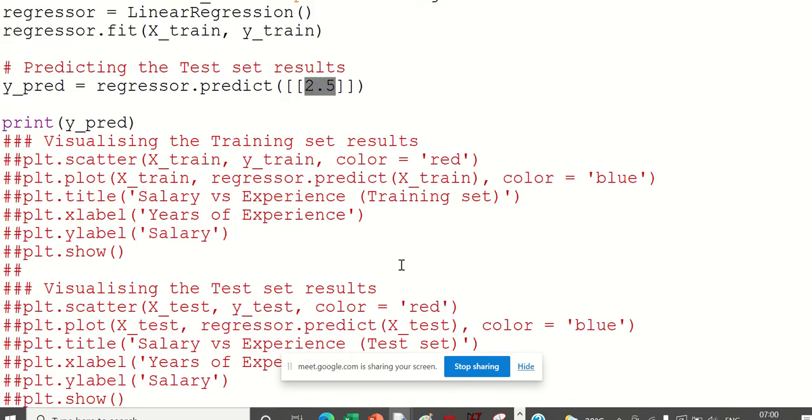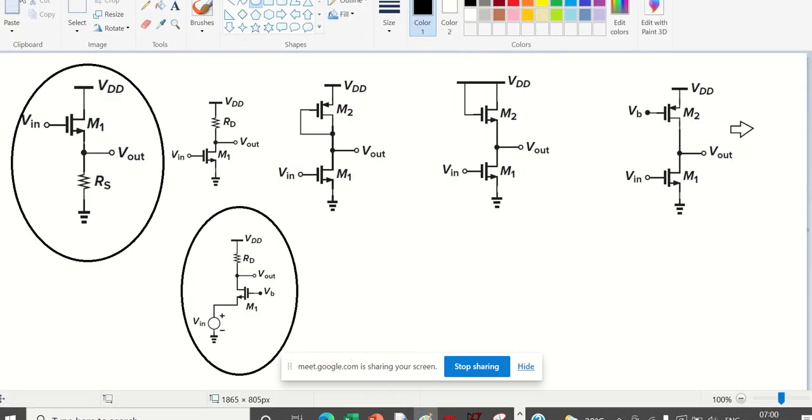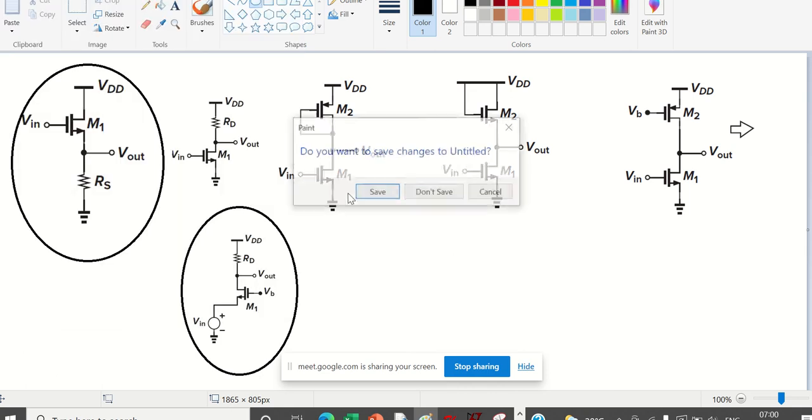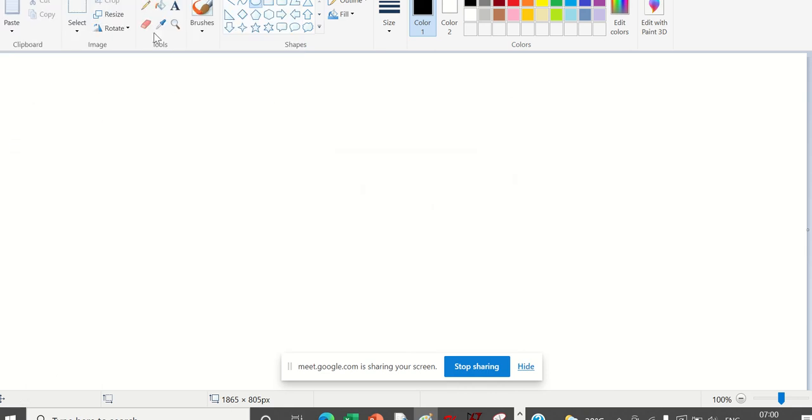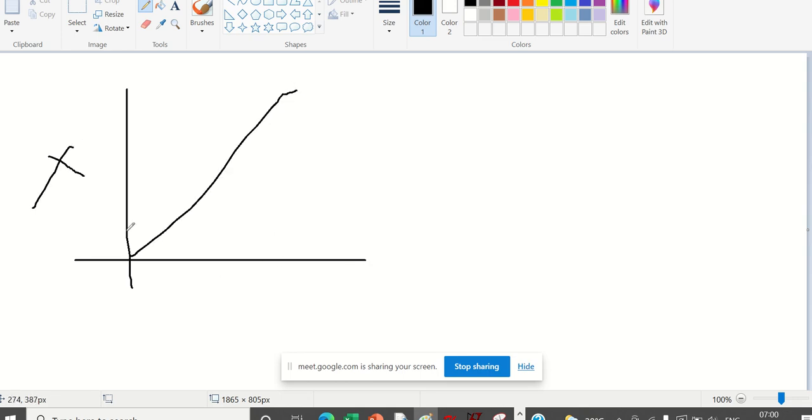Okay, the next step is multiple linear regression. So what is the difference? In the case of simple linear regression, it will be y versus x. It was only 1 versus 1.